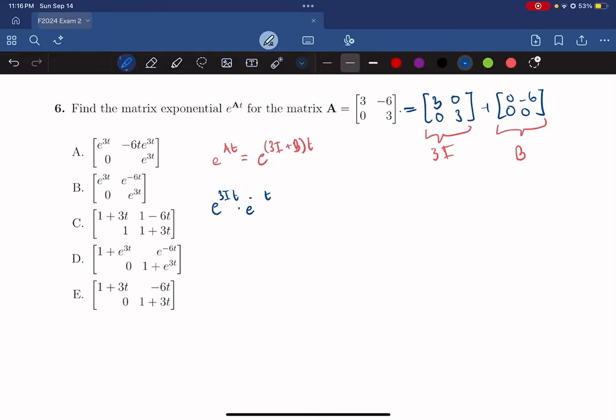Sorry, not 3b. B, like that. And then you're going to split it up, so e to the 3it is just like this. You're just distributing into the identity matrix, times,